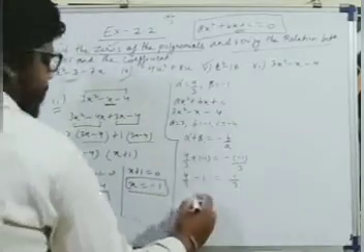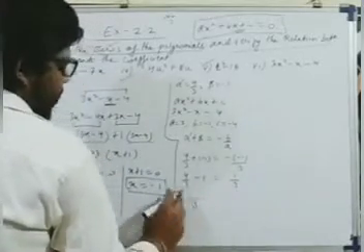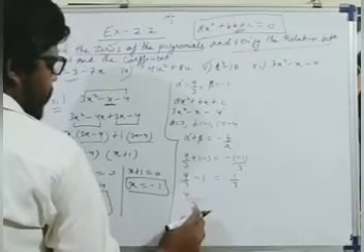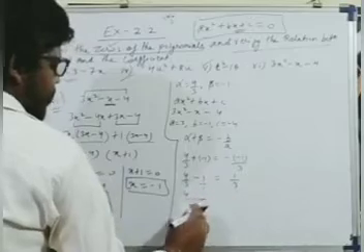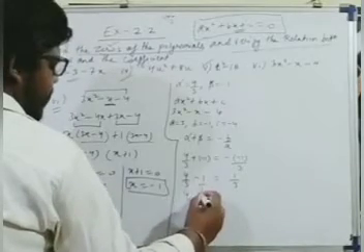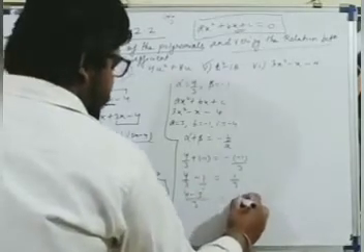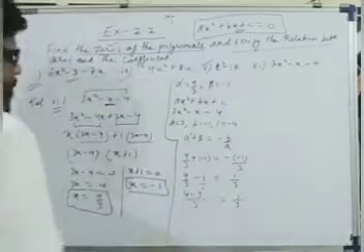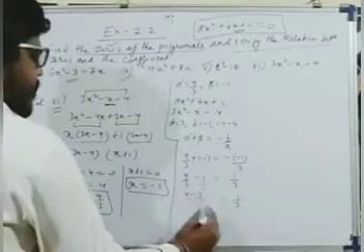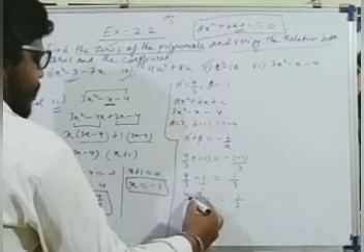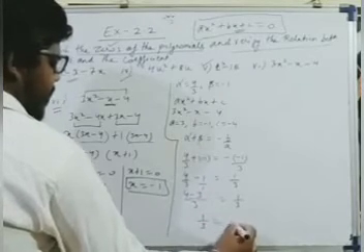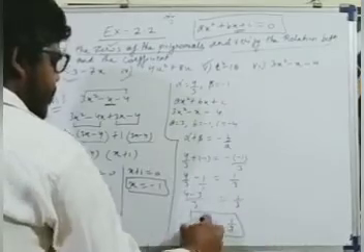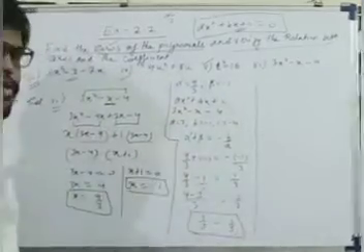Then you can take the LCM. So the LCM is 3. 3 divided by 3 is 1, 1 times 4 is 4. 3 divided by 1 is 3, 3 times 1 is 3, and this minus sign as it is. And the right side we have 1 by 3. 4 minus 3 is 1, and the denominator is 3. And the right side is as it is. So both sides are equal in this case.